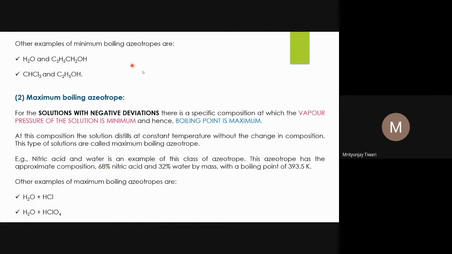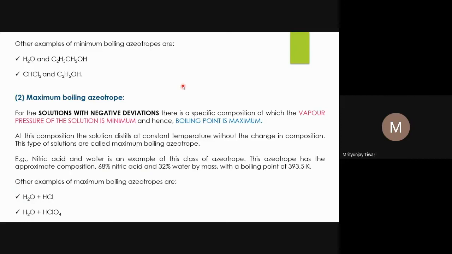Other examples of minimum boiling azeotropes are water and propanol. Propanol is like ethanol, you just add one extra CH2 group and it will form propanol. You will find that the chloroform and ethanol mixture also shows positive deviation from Raoult's law, and so it forms